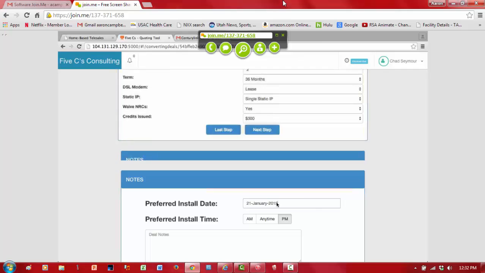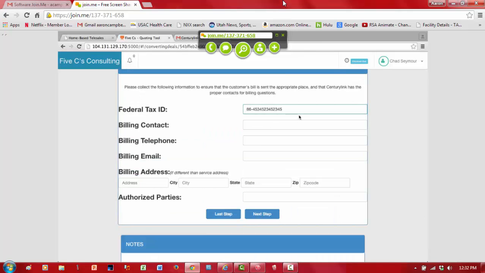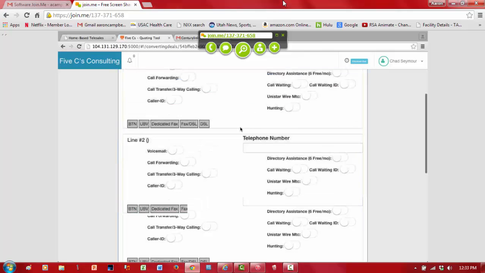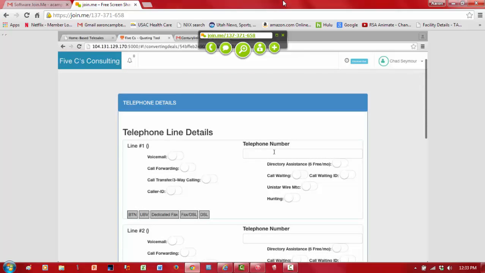We'll get the federal tax ID, and then if the billing information is different, get it. If it's not, leave it the same. If they have authorized parties they want to have on here, so we're going to have Simon Johnson, Wilder as authorized parties. And then we come in here and we're going to actually program the telephone numbers. So pop in the phone number, choose the features that are going to be on it,